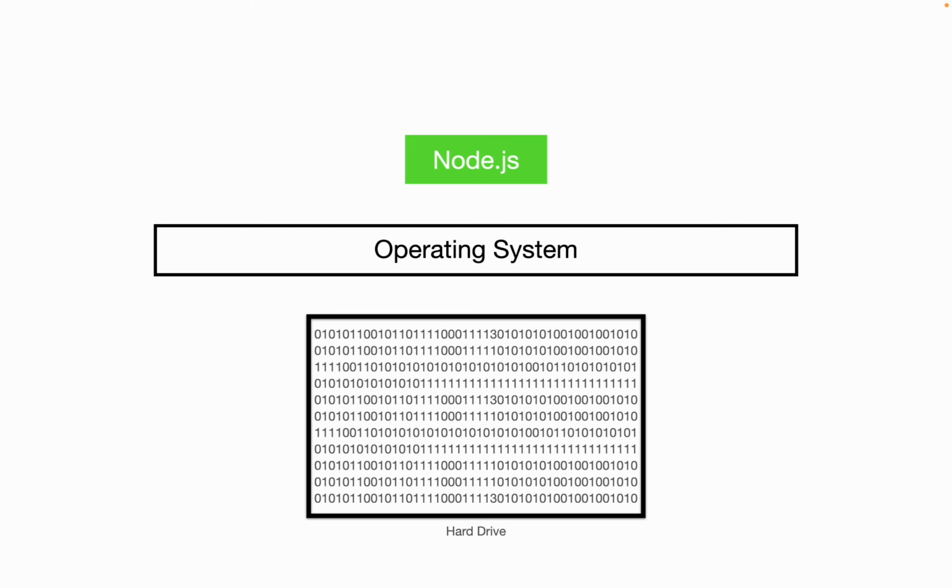Now, what happens is that when you're dealing with files using Node, Node.js doesn't have any idea how to go to your hard drive and then find a file and modify the bits there. It doesn't really have any idea how to do it. So it's not going to go directly into your hard drive. So what happens is that Node.js is talking to your operating system. The way that happens is using something called system calls. So Node.js, using system calls, talks to your operating system,